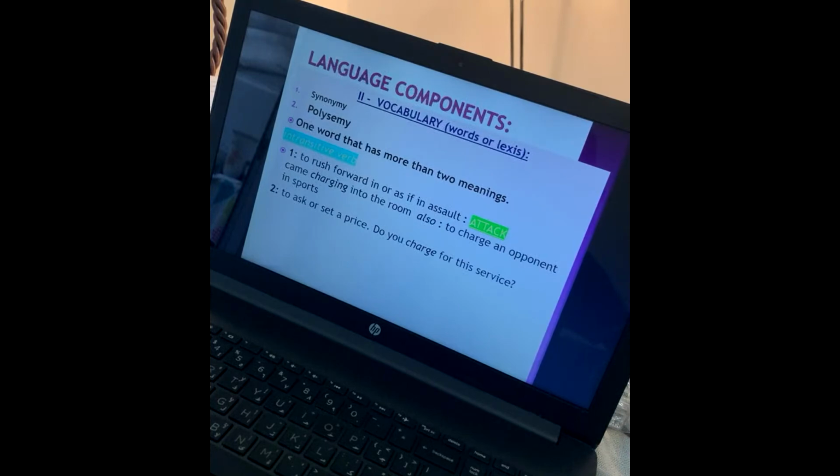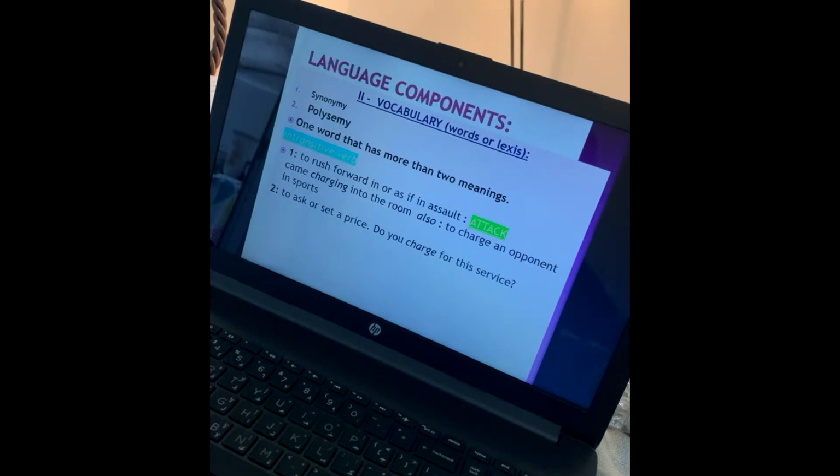Here's the word set a price. Set, as you said earlier, one of the ones who are following me talked about the word set a price. يعني يثبت أو يثمن أو يعطي ثمنا لقطعة يبيعها مثلا. Do you charge for this service؟ هل يعني تضع أجرة على هذه الخدمة مثلا، أو هناك أجر